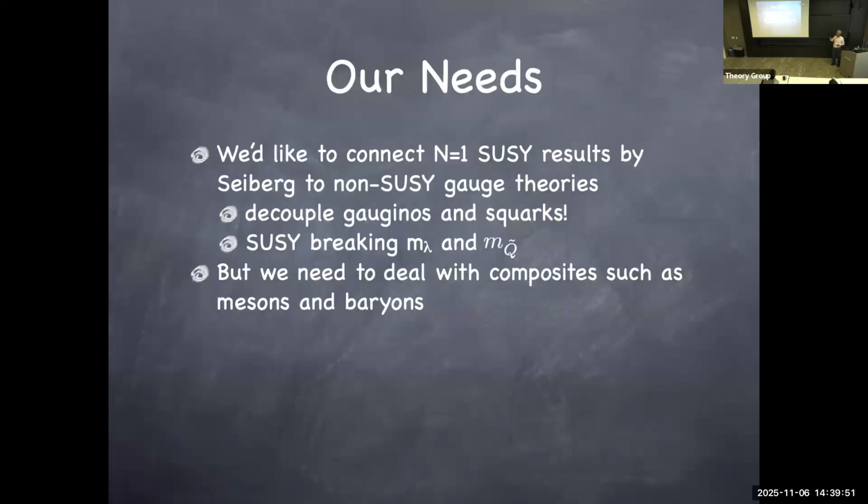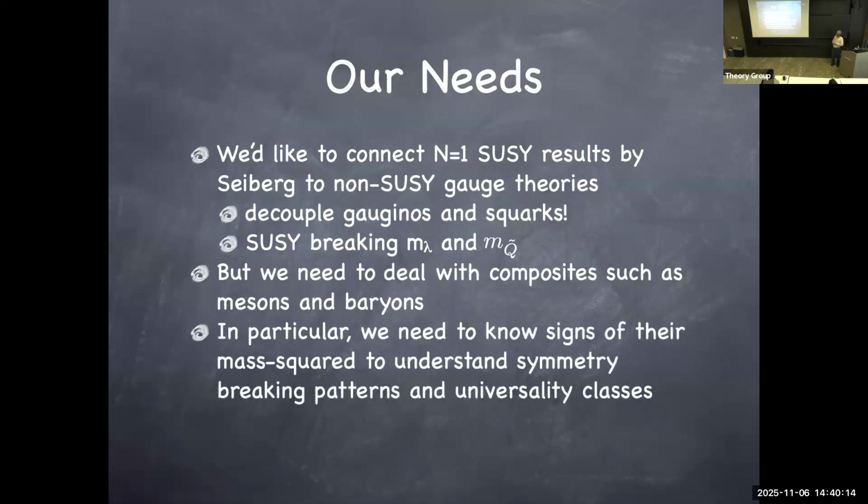At the same time, this is a much more difficult requirement. We are dealing with, ultimately, the confining theory, so you will be talking about mesons and baryons instead of quarks and gluons. And when you break supersymmetry in some arbitrary fashion, you would not know how these bound states would acquire the impact of supersymmetry breaking. And that is actually a much more difficult requirement.